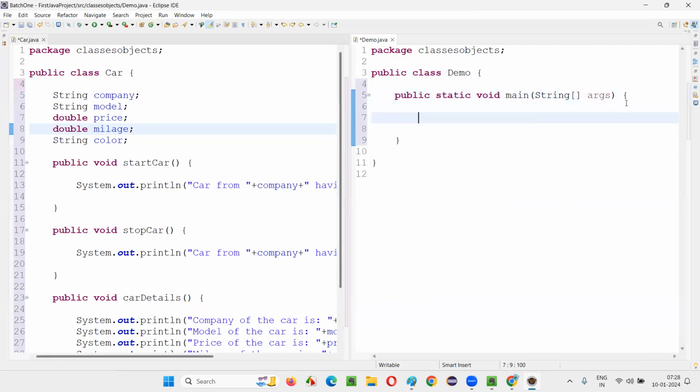Control space, main method. I'm creating the main method inside this class. Now I'll run all this stuff from this main method. So in this another class, I created the main method. Now inside this main method,